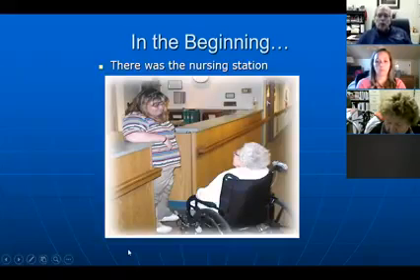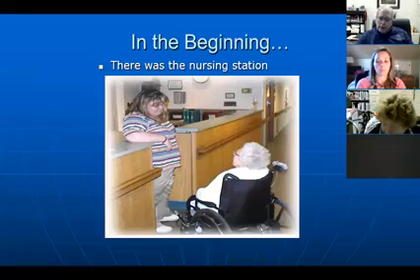So in the beginning, there was the nursing station. You'll see that in most of the nursing homes that you go to. It's a real fixture. I talked to an architect once who told me that the design of the nurses station and how units are organized actually dates back to Civil War field hospitals, where the idea was to get as many injured soldiers around a centrally located area where the doctors and nurses were. And as tents became hospitals and walls and buildings, that same concept was followed. And so it was all again about efficiency.